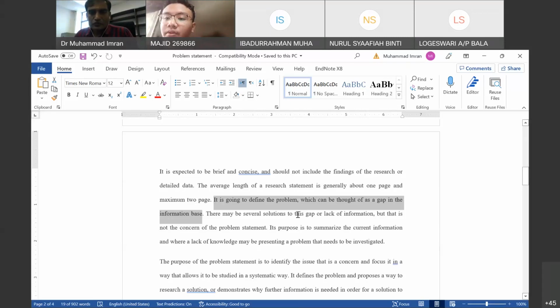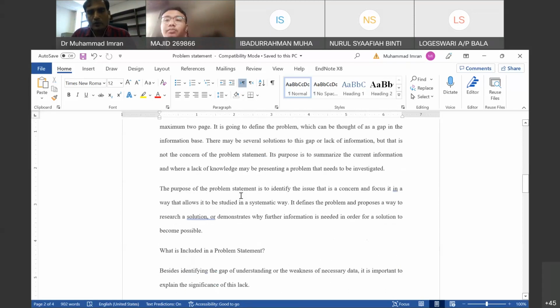There may be several solutions to this gap or lack of information, but that is not the concern of the problem statement. It purports to summarize the current information, or where a lack of knowledge may be presenting a problem that needs to be investigated. Yes, it needs to be investigated. The purpose of the problem statement is to identify the main